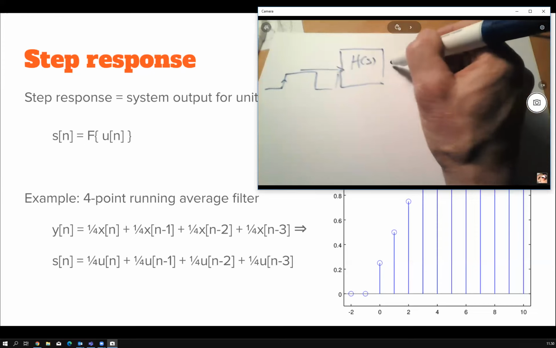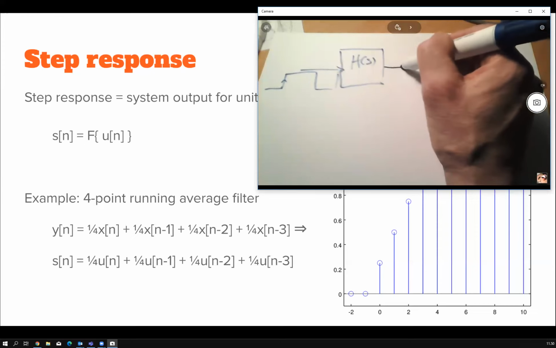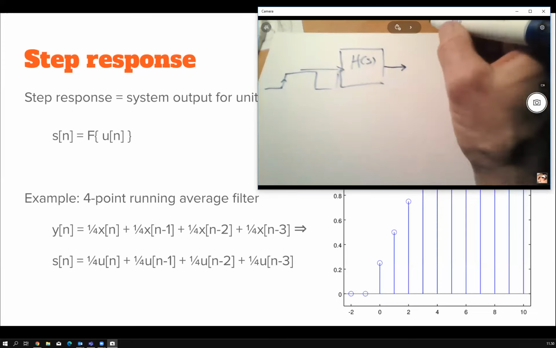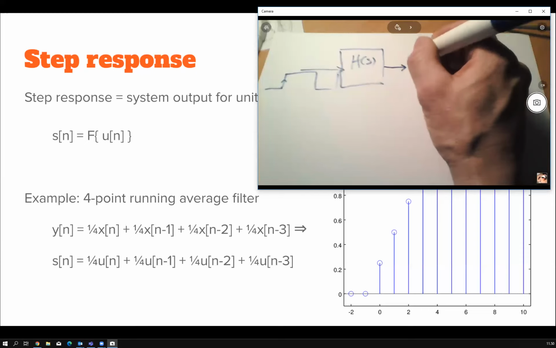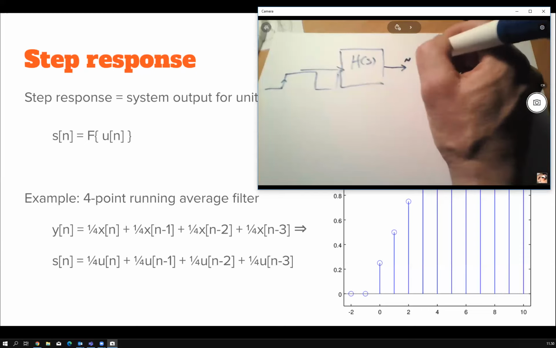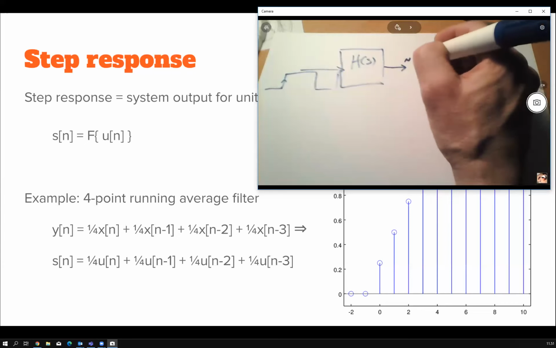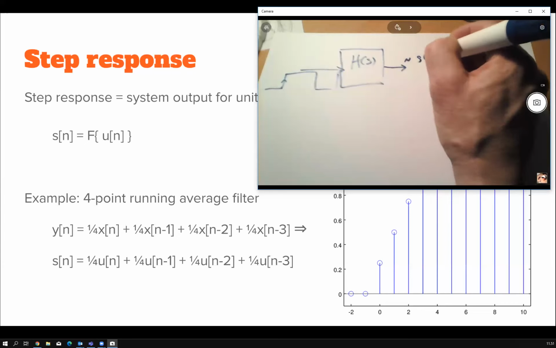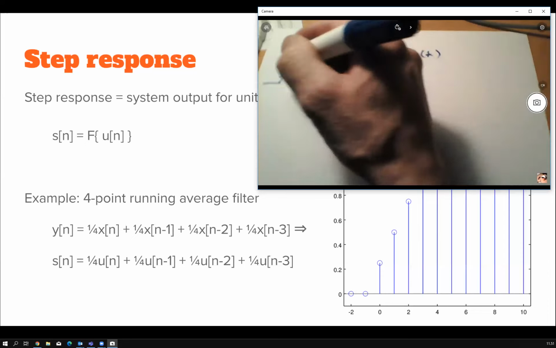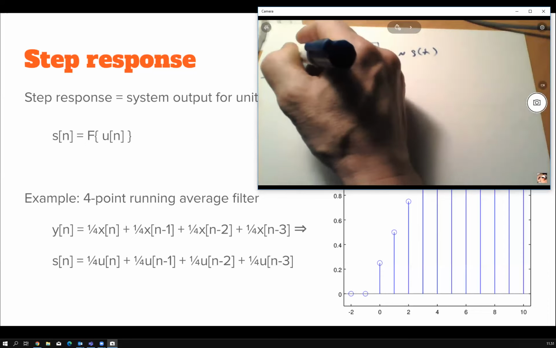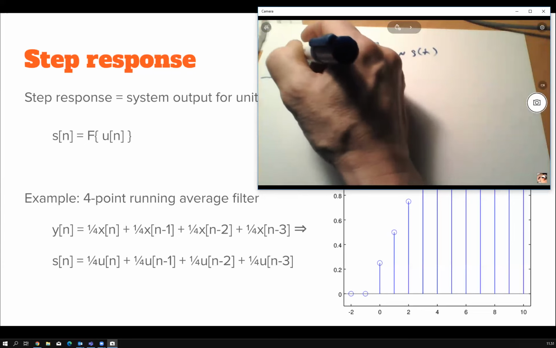That's the thing that you probably have done in your electronics lab. And what comes out is roughly the step response, which would be S of t. So if this is x of t or u of t,